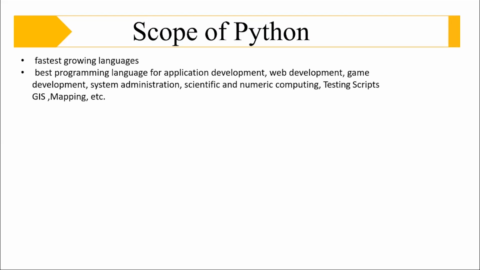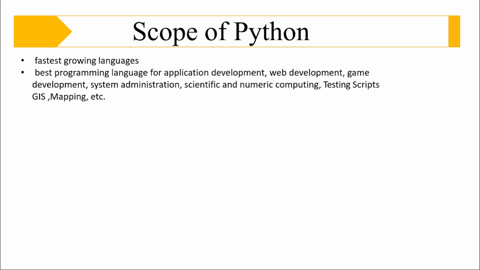Then Python can be used in web development. Python has 2 flavors of web frameworks. One is Flask and the other is Django. Out of these, Django is the trending one because it has a lot of built-in tools and functionalities. In addition to these frameworks, we require front-end technologies like HTML, CSS, JavaScript, Bootstrap, React.js to build beautiful websites using Python. Then Python can also be used in game development.